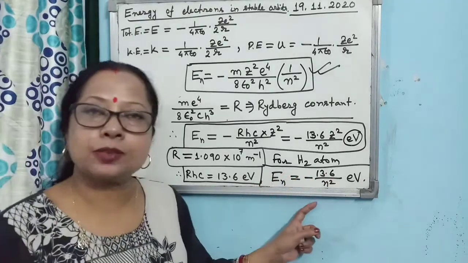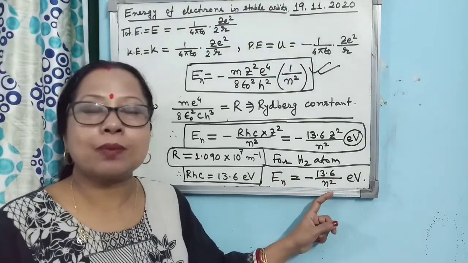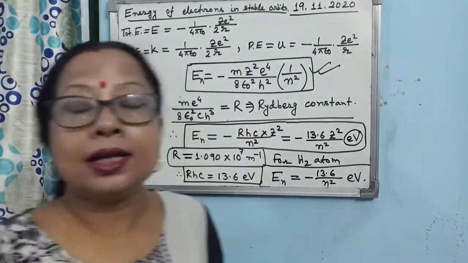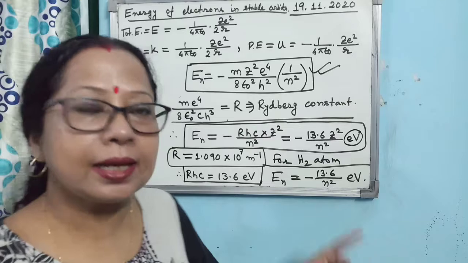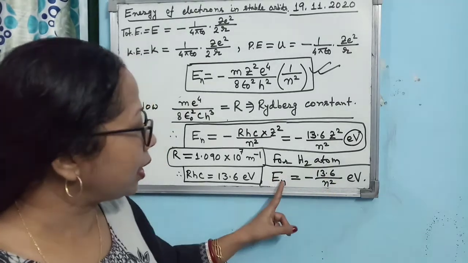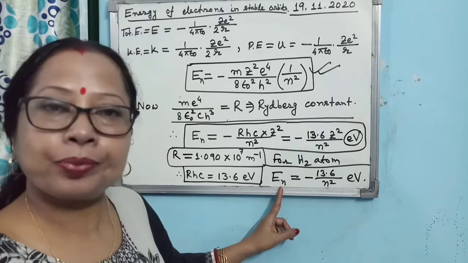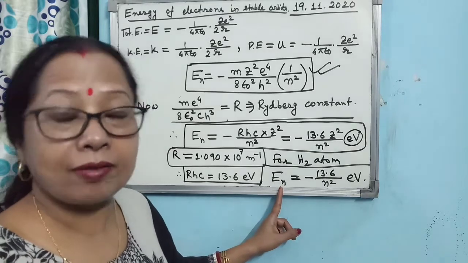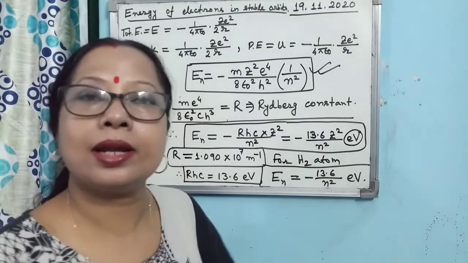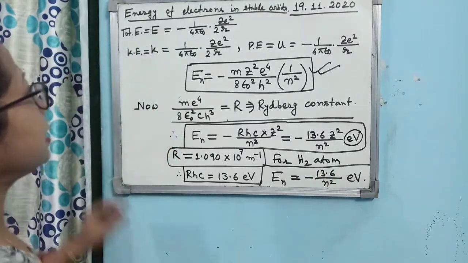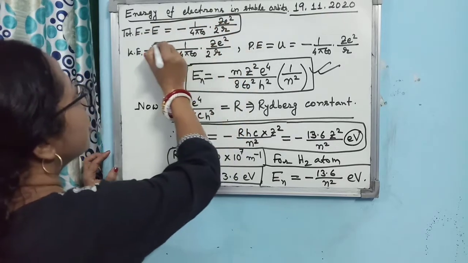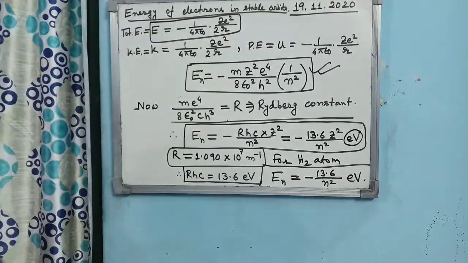from this expression. Suppose you have to write down the energy of the third energy orbit. Third energy orbit means n is equal to 3. Then from this expression one can easily find out what is E3, energy of the third level. Energy of the third level will be minus 13.6 by 3 square electron volt. This relation also sometimes you may have to use while answering the numericals.